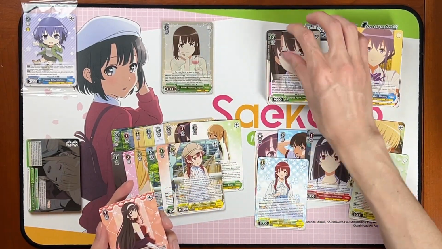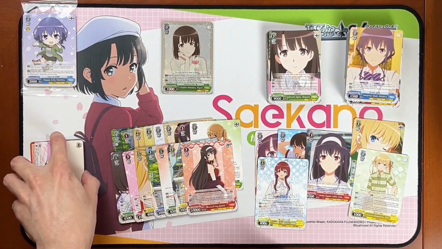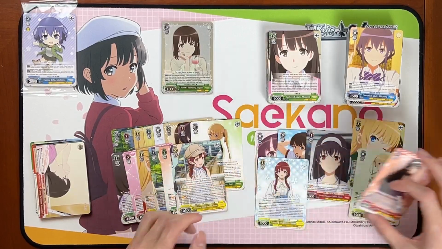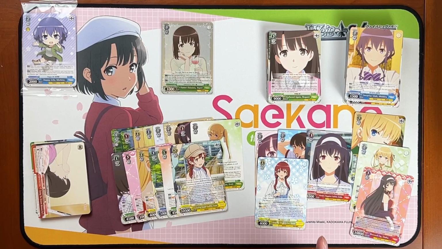You can get a lot of healing done that way. Really, really strong. And for our last rare of the box, we have the 3/2 Utaha. So this one is another card that goes into the Eriri package. We did not pull the 2/1, so we will have to keep an eye out for that in our second